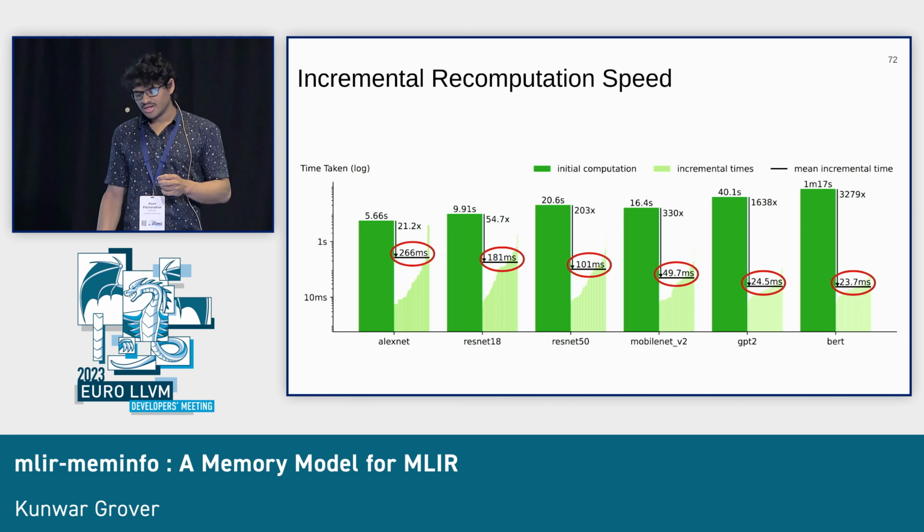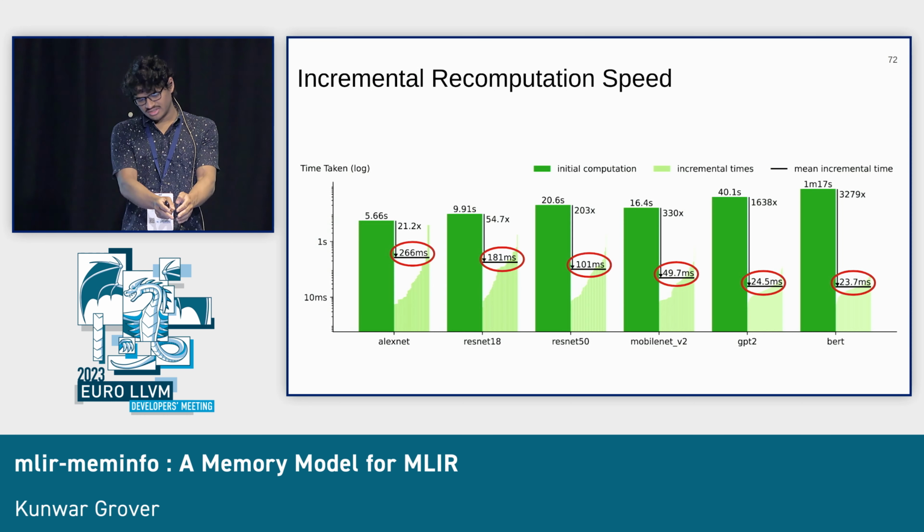But the interesting thing here is that it only takes about 100 milliseconds on average to recompute after changing a single random loop in the program. Now, obviously, if you replace the entire program with a different program, you're not going to get an incremental recomputation. So what we mean is that you locally change one loop, and each of the dark green